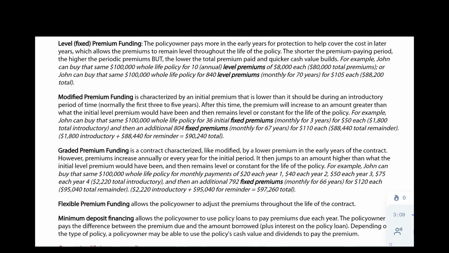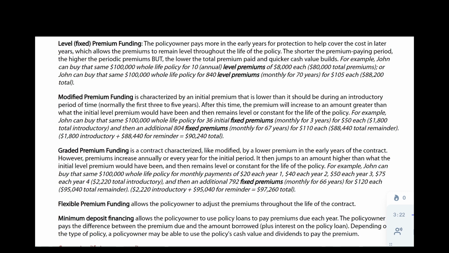Level fixed premium funding. The policy owner pays more in the early years for protection to help cover the cost in later years, which allows the premiums to remain level throughout the life of the policy. The shorter the premium paying period, the higher the periodic premiums, but the lower the total premium paid and quicker